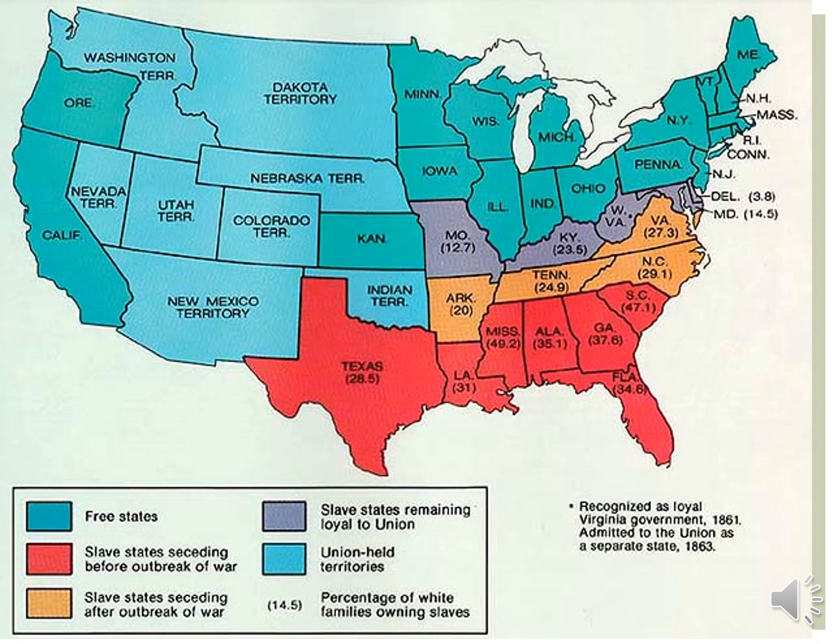The purple states that you see there in the middle, those border states, are slave states: Missouri, Kentucky, and Virginia. West Virginia was part of Virginia going into the Civil War, but then they broke away during the Civil War. They were very northern leaning in their population. But Maryland was a slave-owning state, and so was Delaware. I think they had a whole of like 600 slaves in all of Delaware. So not many. The numbers that you see next to the names of the states are the percentage of the white population that actually owns slaves.